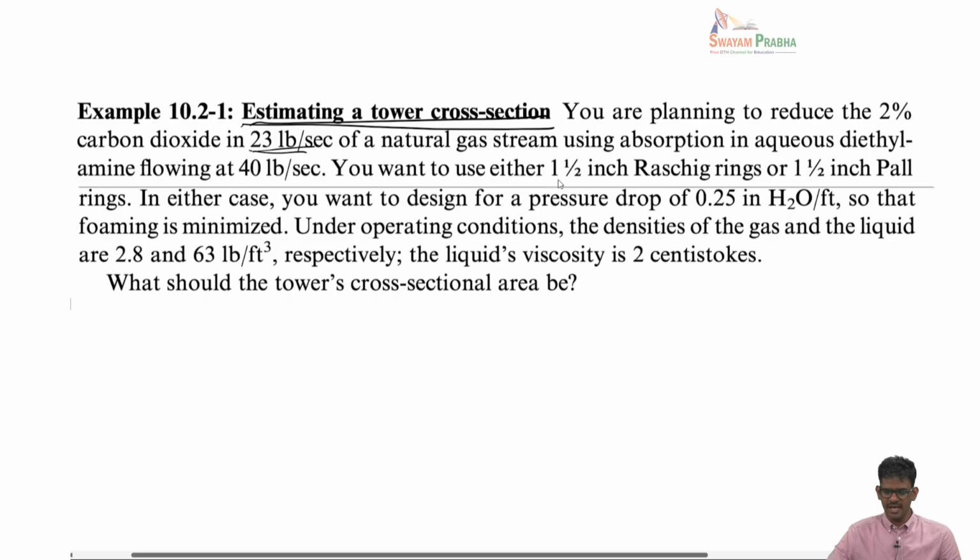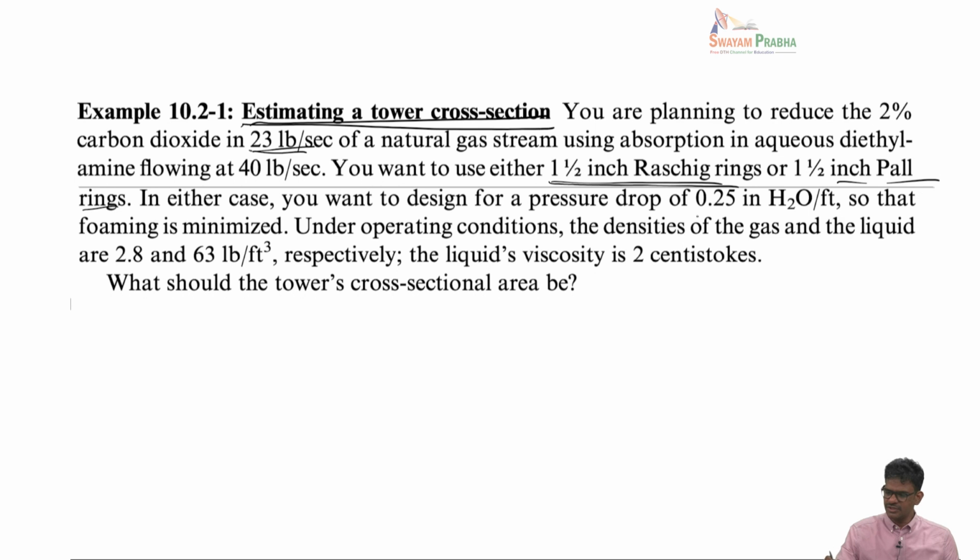You want to use either 1.5 inch Raschig ring or 1.5 inch Pall rings. I am going to do the calculation only for the Raschig ring, and the Pall ring you can do yourself. When we change the packing material, the only thing that will change is the packing factor F. Otherwise everything else will be the same. In either case, you want to design for a pressure drop of 0.25 inches of H2O per feet. I already said 1 inch of H2O per feet is a flooding situation. Here we are using 1/4 of the flooding situation. So the target pressure drop is also given to you,